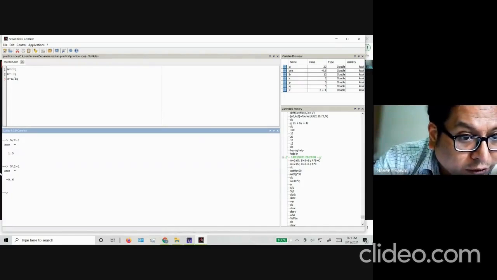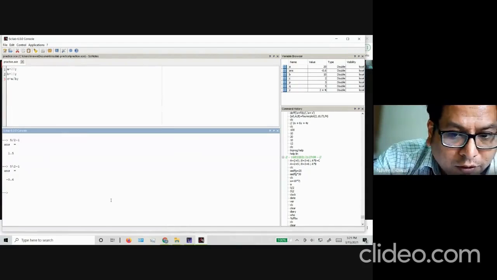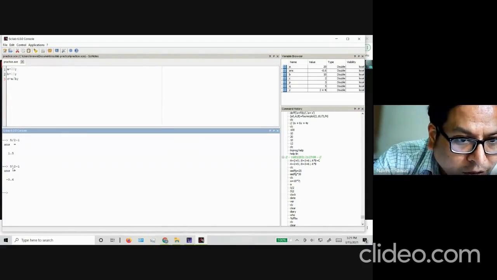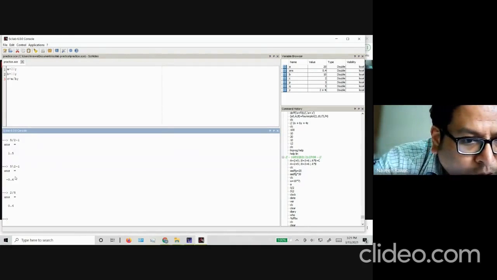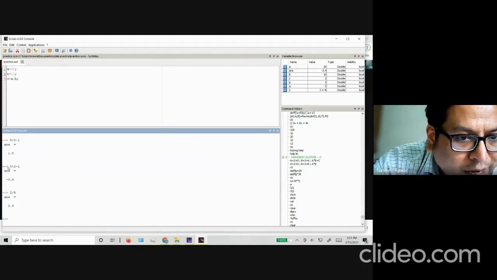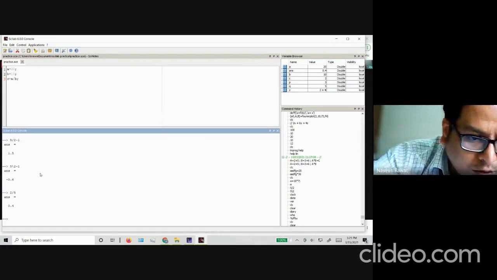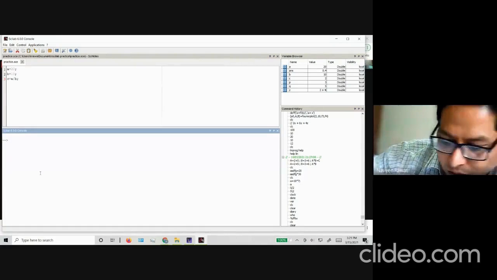If you use a backslash, it is going to take the inverse of 5. So it will be 2 by 5 actually, which is 0.4, and 0.4 minus 1 is minus 0.6. So you can do back division or forward division. It depends on what you want to accomplish.